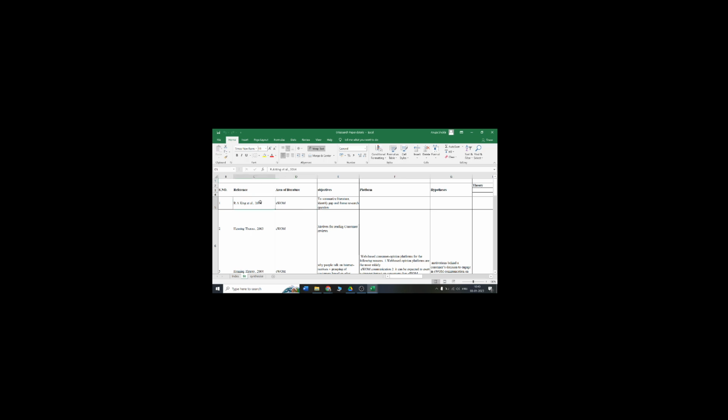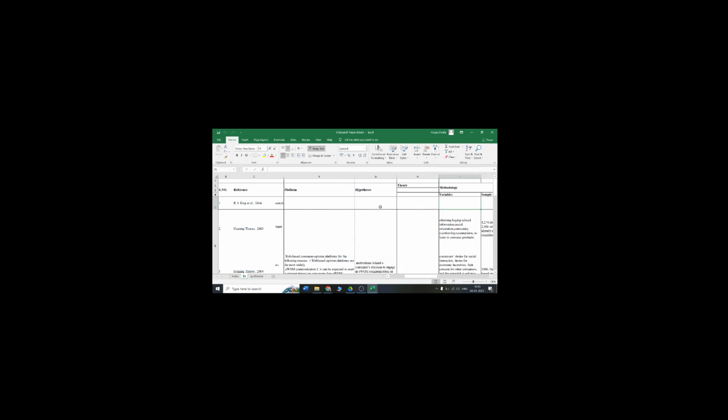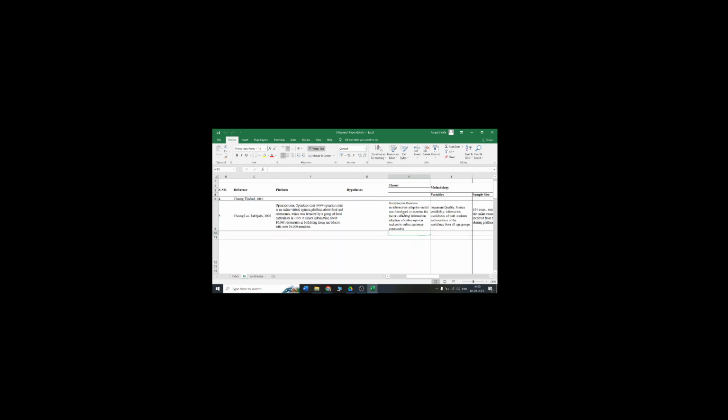So once you have this sheet, you will have all the summaries. For example, this paper is talking about their objectives. You may add or reduce the Excel columns as per your study. Every study has a different literature review method. Then maintain their hypothesis. This is going to help you in your research design or the concept paper submission. If they're using some prominent theories, some papers will use, some will not use. So whatever data you can fill, just keep on filling.